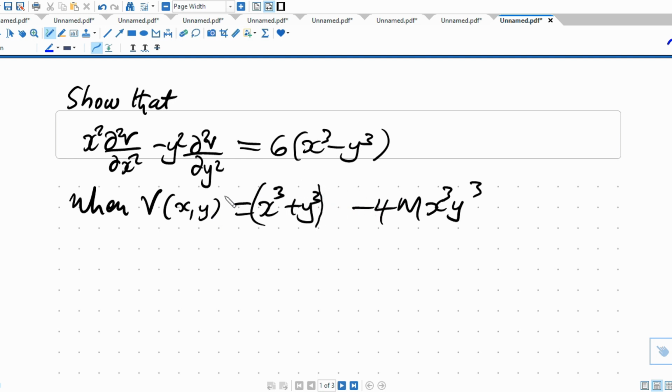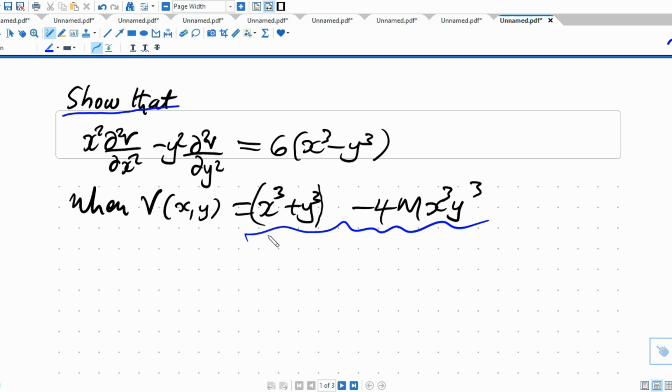All right, let me take you through this partial derivative, whereby you're being asked to show that this expression equals 6 into x cubed minus y cubed, when v is a function of x and y given by the whole of that expression. Now, for you to go about this one,